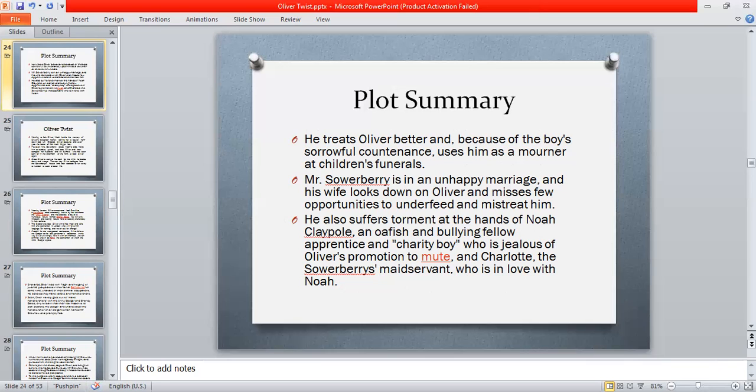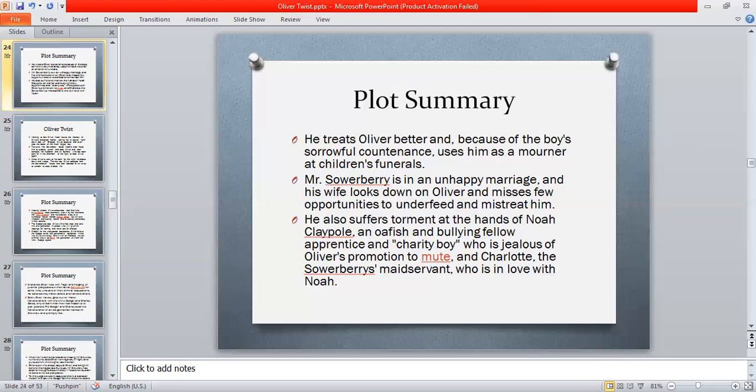Mr. Sowerberry is in an unhappy marriage because his wife is domineering. His wife looks down on Oliver and misses few opportunities to underfeed and mistreat him. Mrs. Sowerberry offers Oliver the remaining meal from her dog. He also suffers torment at the hands of Noah Claypole, an offish and bullying fellow apprentice and charity